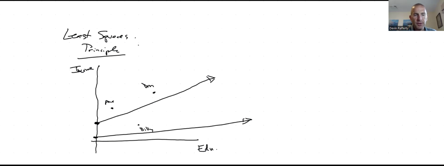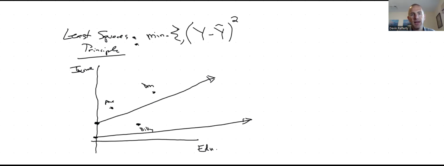So if you type into the computer, do a linear regression, run the least squares principle, it means that you are telling the computer to minimize the sum of squared differences between the actual values and the predicted values, y hat of y. Okay? What does that mean? It means that you are going to minimize